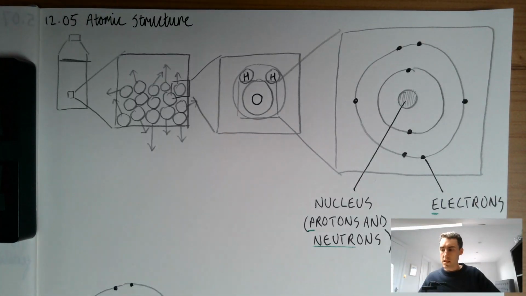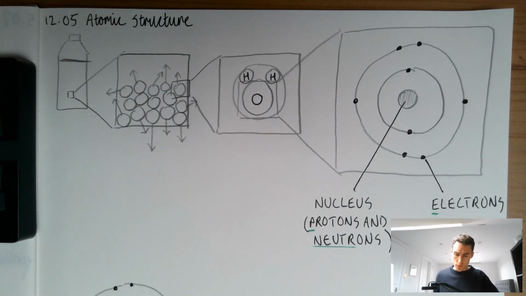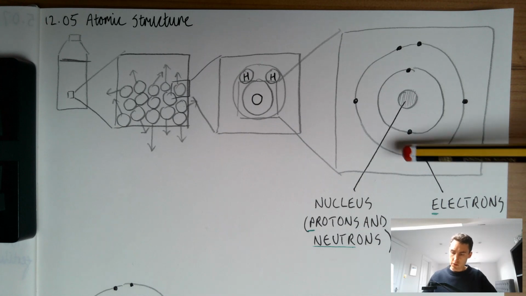Hi everyone, welcome to this second video on lesson 5 from atomic structure and periodic table. In this part of the lesson, I'm going to build on the picture of the atom that we gave to students in the first half, and we're going to do some practice of nuclide notation. So where we got to in the first part of the lesson, we gave students this